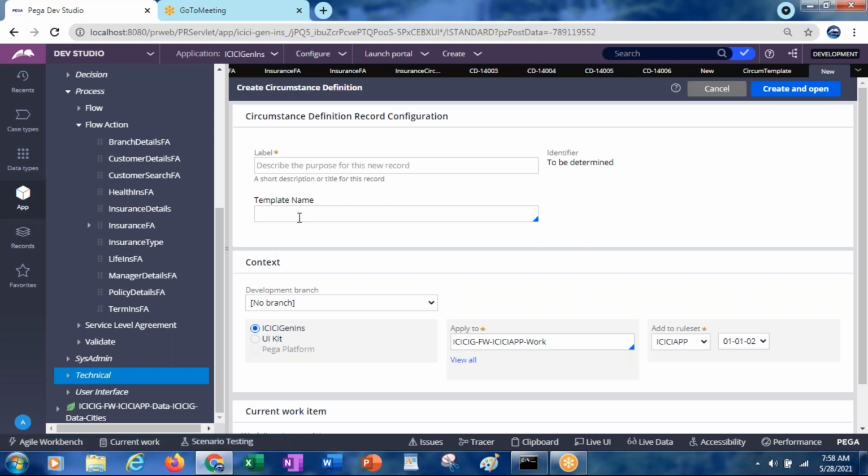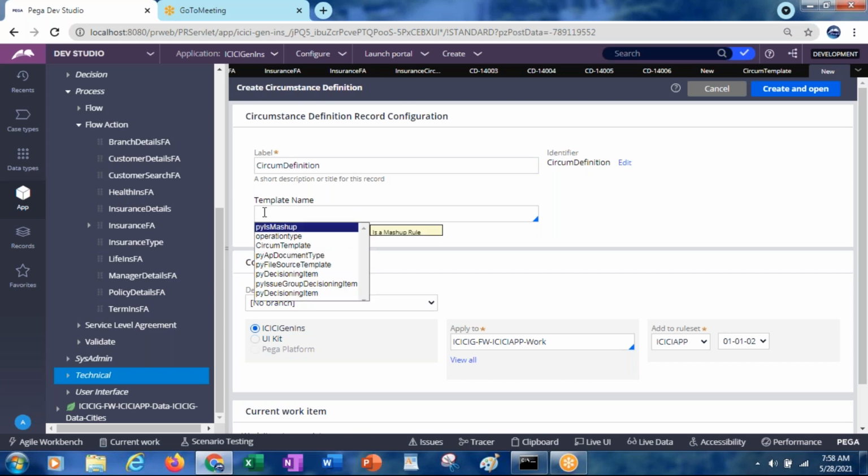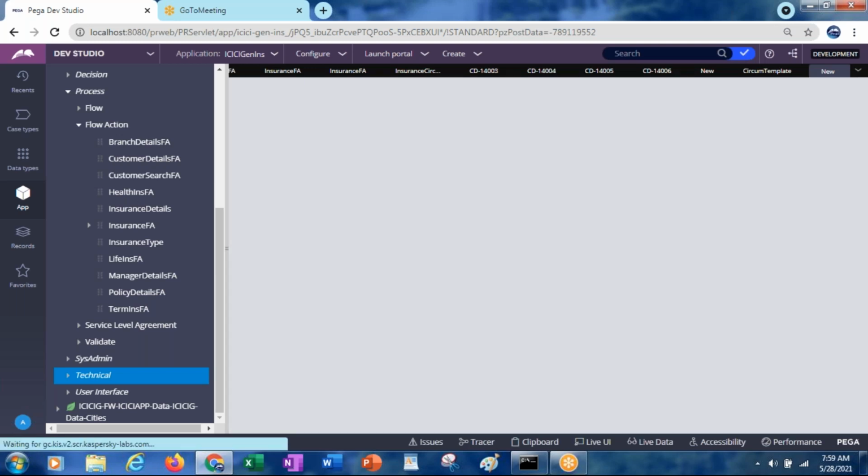It is asking which circumstance template you want to use. I'm giving the definition a name, and then the template name I have given, the circumstance template I have created. Now create and open.